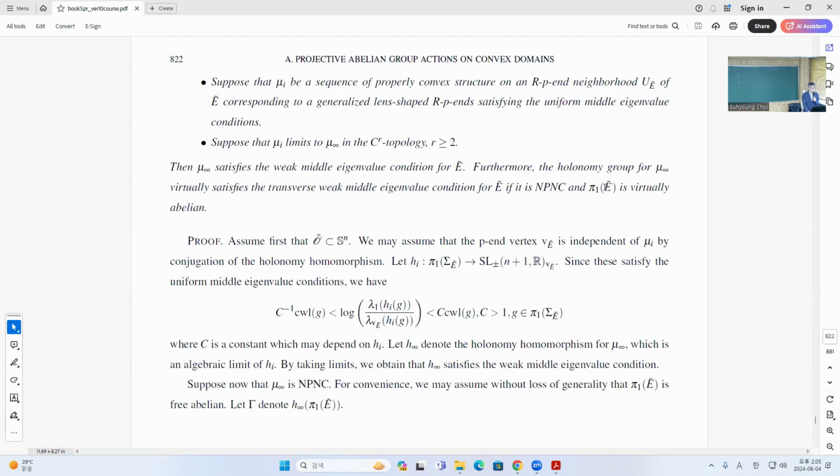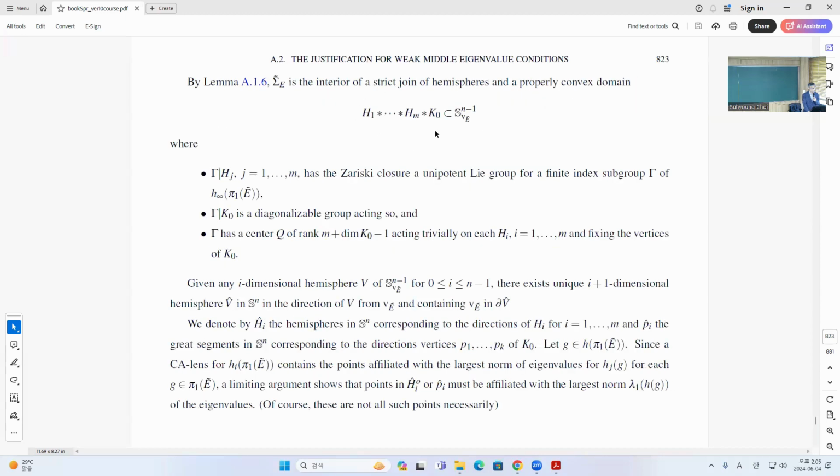So maybe I should drop this, right? Anyway, the thing is that if you have some middle eigenvalue conditions, this is satisfied, and for now word things, this C may depend on this HI here. So this C may go to 1 as you go to the limit. So if this is MPNC, then